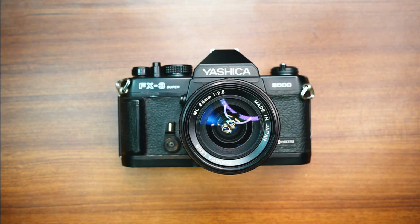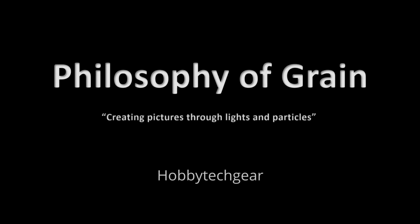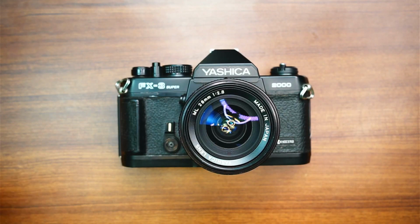And in 2015, when I went back into film photography, this is the camera that I should buy. I promised myself to buy this camera because it brings a lot of memories. Okay, so without further ado, let's take a deep dive on this camera. Okay, so this camera,